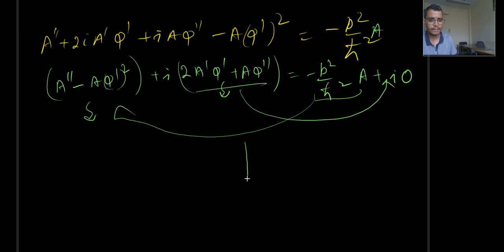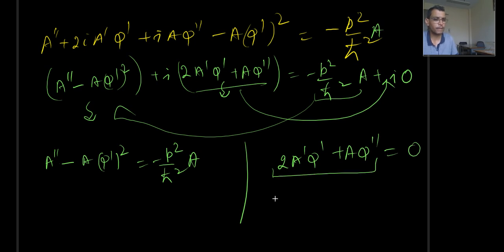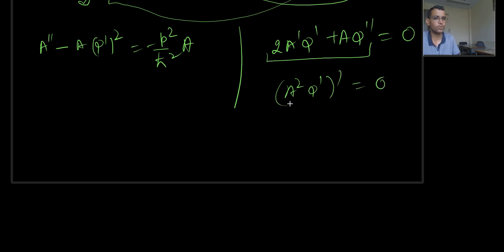So what I am getting: a double prime minus a phi prime square is equal to minus p square over h cross square a, and 2a prime phi prime plus a phi double prime is equal to 0. And this part can also be written as, if I take a square phi prime and take its derivative, it's equal to 0, so then this term is equal to this one. So if I integrate it,